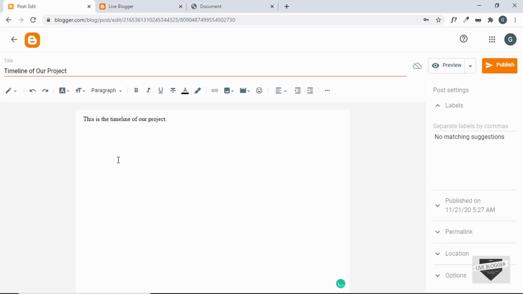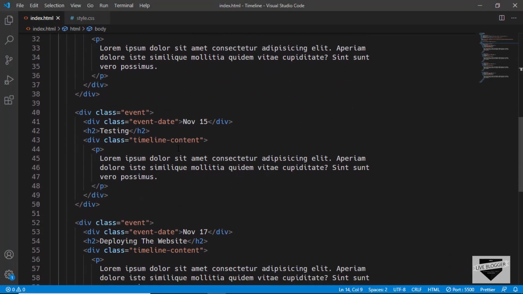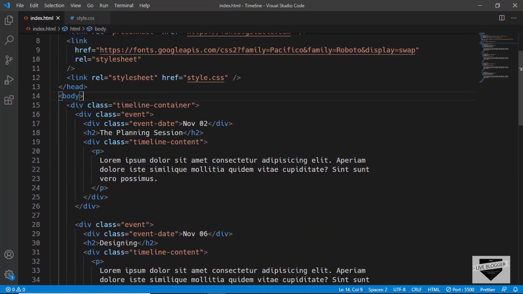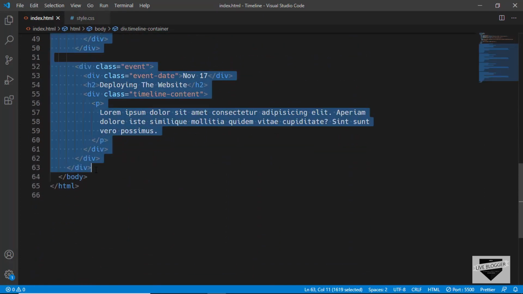Now after this we want to display the timeline. Now because this timeline is a custom design, you have to add the HTML and CSS to your post. So let me open the project. This is the source code of our design. You can find the link in the description below. So we will just copy everything from this timeline container. So we'll copy from the start of this division to the end right here, and then we have to copy